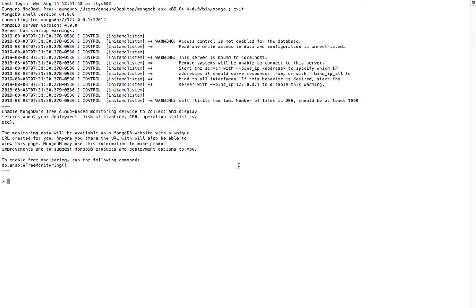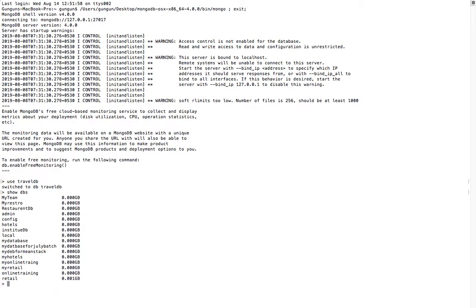Now use travelDB. TravelDB is a database, and now I have switched to it. It's a freshly created database, so it has no collection. That's why show dbs does not show my travelDB, because no collection has been created.